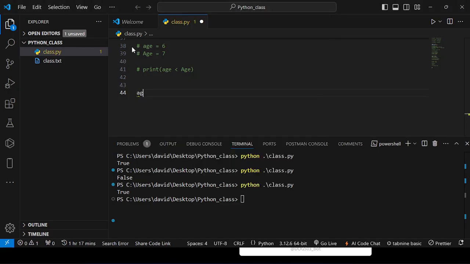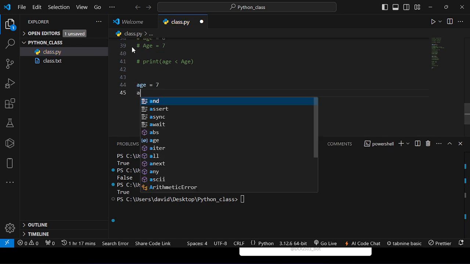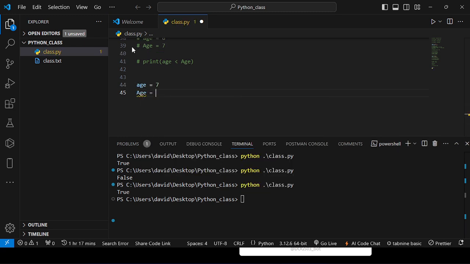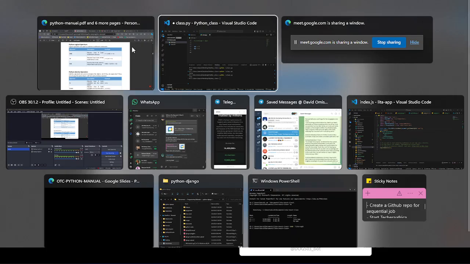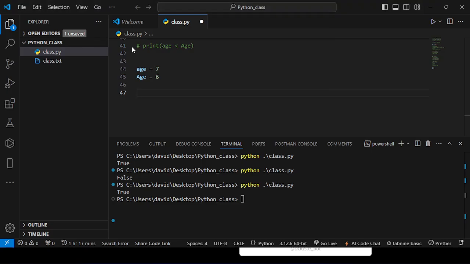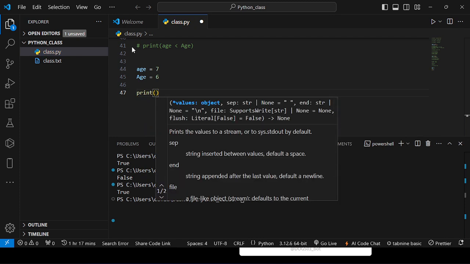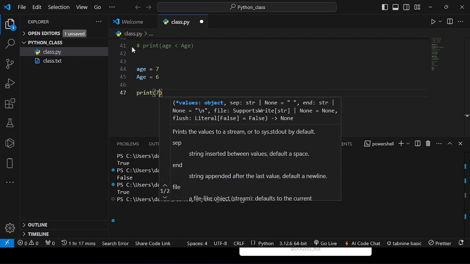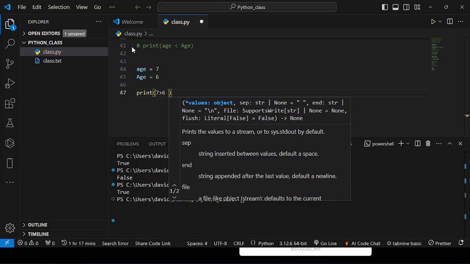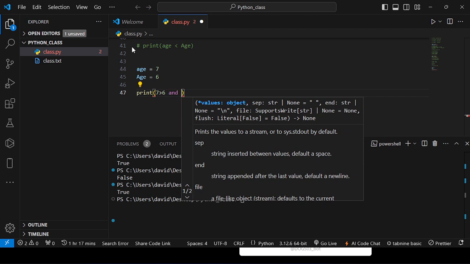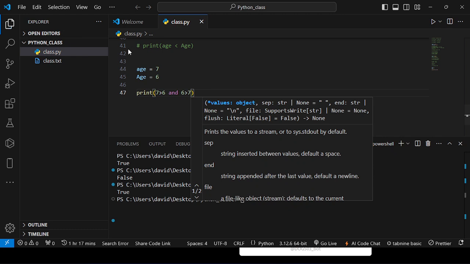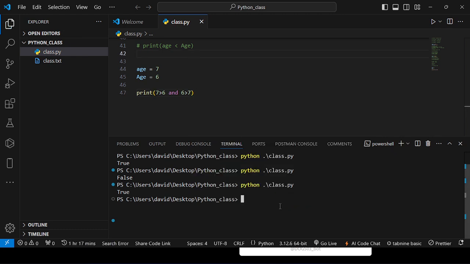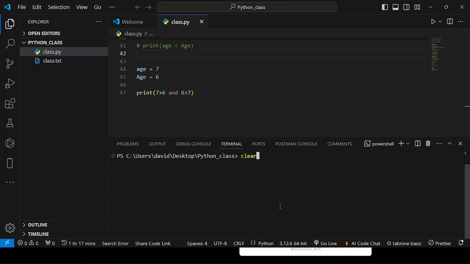So now I have age here. I said age is 7, and I said age is 6 here. Now I want to use the comparison operator here. If I do print, and I write something like this: 7 is greater than 6 and 6 is greater than 7. Look at what I just wrote here. If I clear my code here,